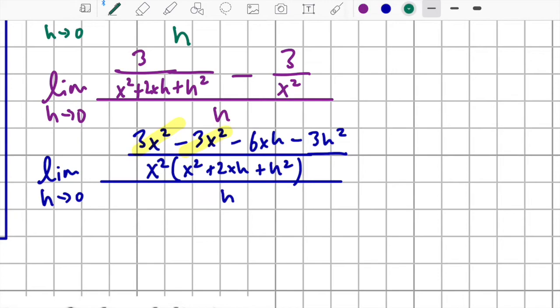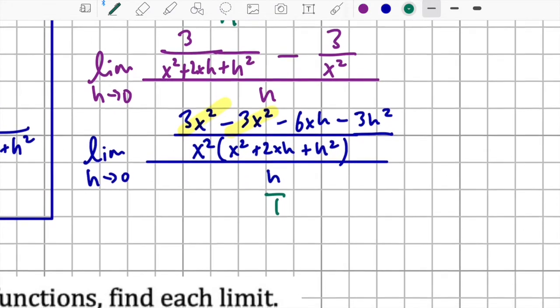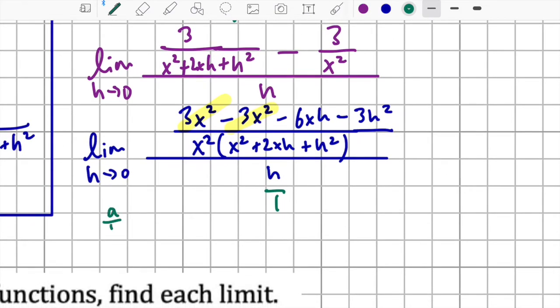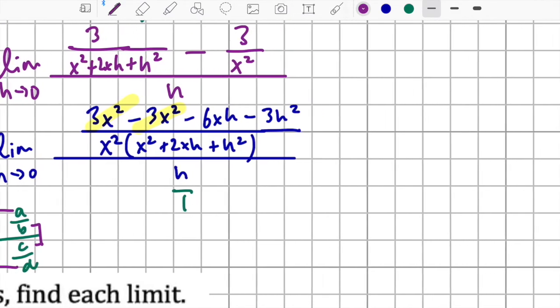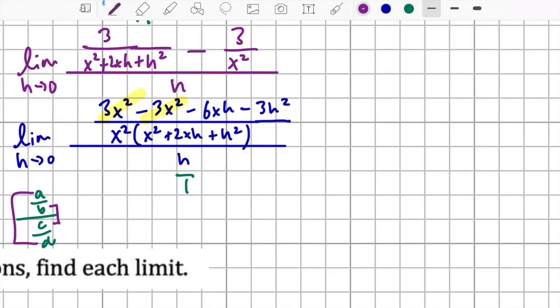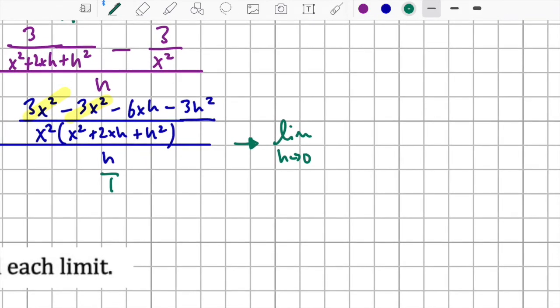And if you imagine that the h is over 1, remember that if you have two fractions, a over b divided by c over d, then I want you to multiply it like this: a times d, the outside ones, goes on top, and then the inside ones, b times c, goes in the denominator. So let's see, that'll be the limit as h approaches 0, and we are going to end up with,